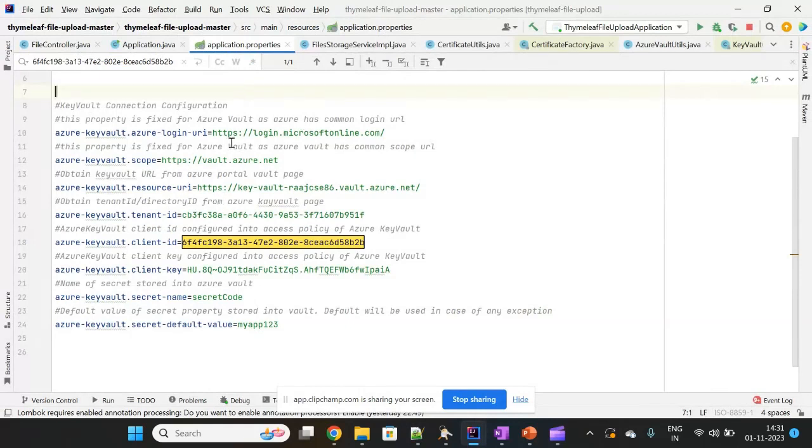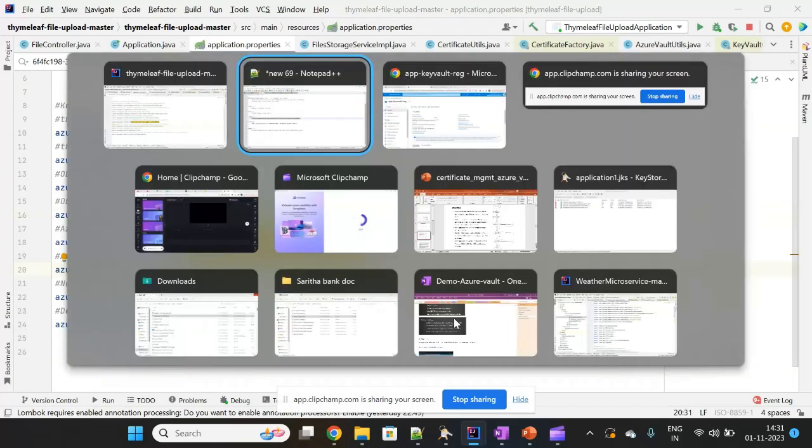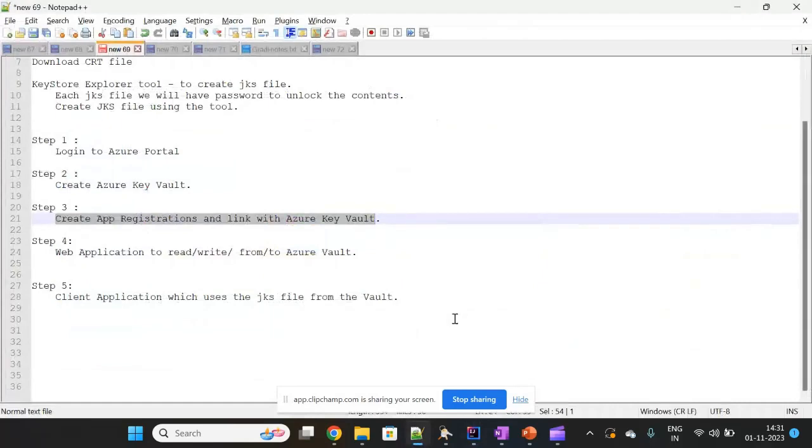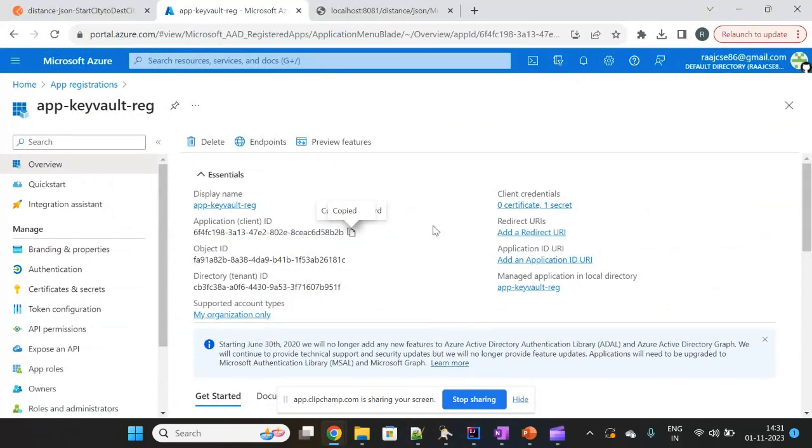details here, like portal URL, and then the key vault URL, and then the tenant ID of it, and then the client ID of it. This is the tenant ID of the app registration, and this is the client secret key that you have to mention here. So after mentioning all these things, another important step that we have to do here is